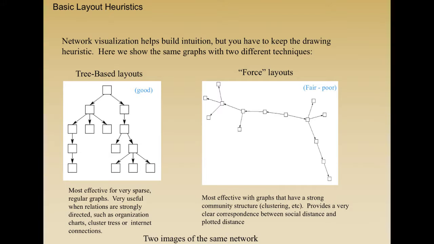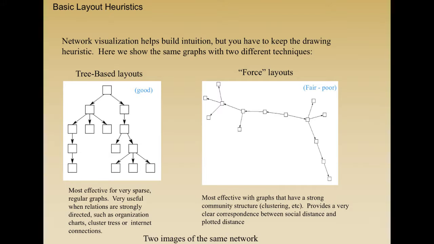So in a tree-based layout, there's some meaning to the y-axis. And so this could be authority, it could be rank in the social system or something like this. And you retain whatever quantitative variable you want to plot on the y-axis. And the x-axis is used to minimize line crossings or identify communities or something like that. Now, if your data tend to be a hierarchy, this is the best way to display it, right? So you can see a tree from a root to the leaves quite nicely, and it allows you to see the branches it moves through.